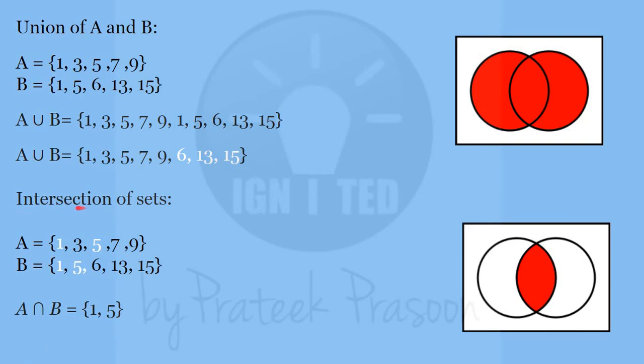Now what is intersection of sets? Intersection of sets is, you can say, all those elements which are repeated. So here 1 and 5 are repeated in both, so intersection will be 1 and 5. So basically these two are complementary, you can say, or totally different. Here we have to find the total area of these two circles. While finding that area, we find that this particular middle part is getting counted twice. That is why we will have to remove it once, and here we will have to find just the area which is common to both.